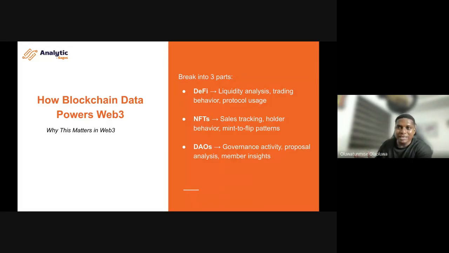A company that runs out of funds, what happens to them? They die. So with liquidity analysis, you are trying to check out, is this ecosystem healthy? How healthy is this ecosystem? How healthy is this chain? Is this blockchain healthy? And that is where liquidity analysis comes in.